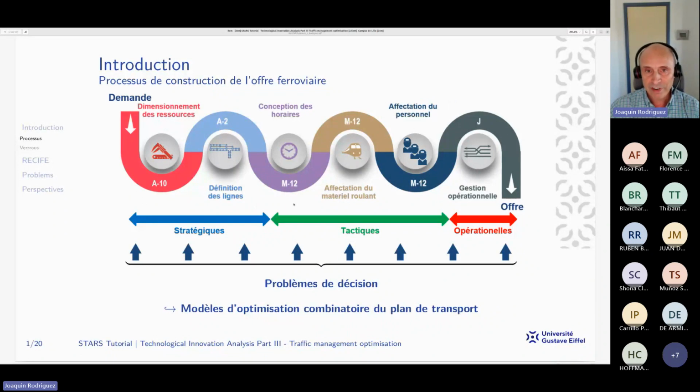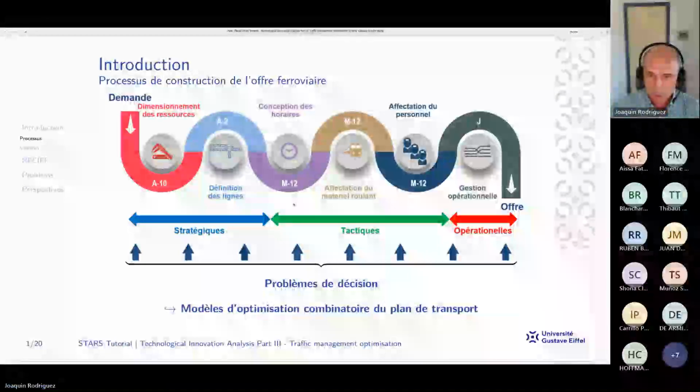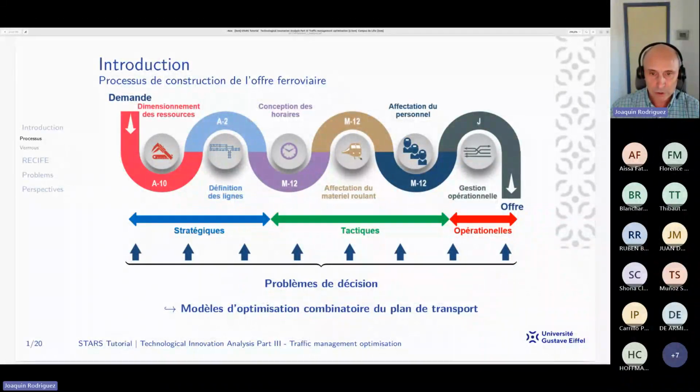It's the time to define timetables, meaning at what time the trains start, at what time they will arrive at different stations. And next, we have to assign the different resources to make these services. So we need, for example, of course, rolling stock. So we have to assign rolling stock, and we have to assign crew, which is the next step and the last step before we apply this plan,